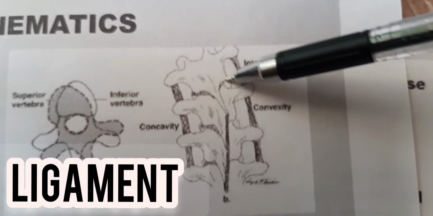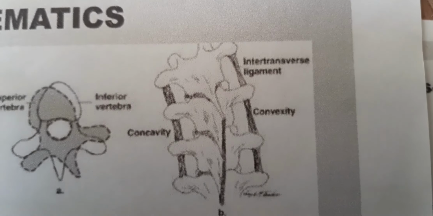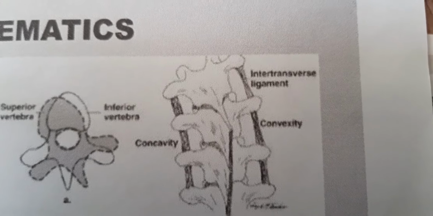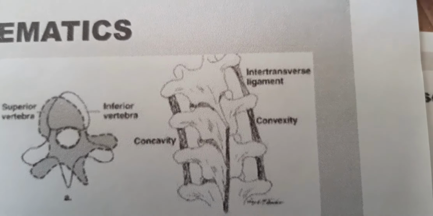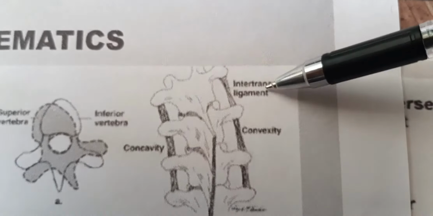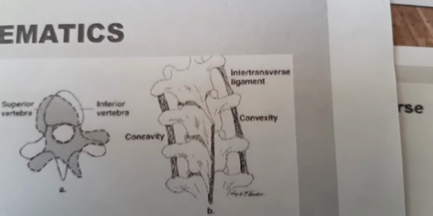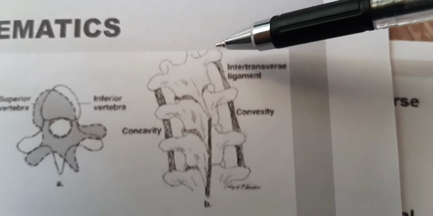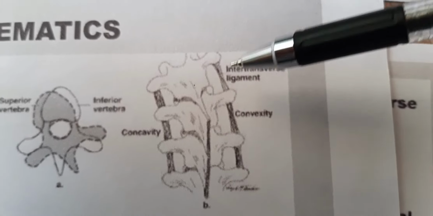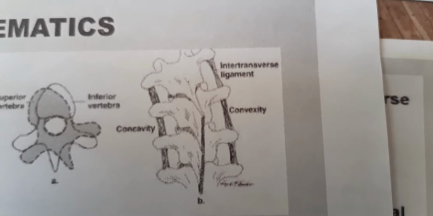Now the intertransverse ligament, which attaches these transverse processes together. This ligament is alternately stretched and compressed during lateral bending. If you are bending to this side, it compresses, and if you are bending to the other side, it will stretch. Okay. So that's obvious: when you are bending towards the left, the right side will stretch and offer resistance, and when you are bending towards the right, the left side will stretch and offer resistance to the motion.